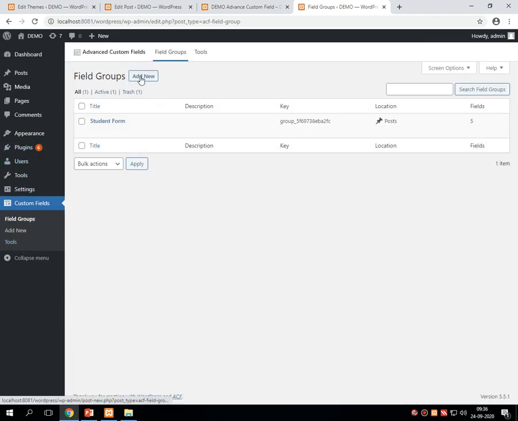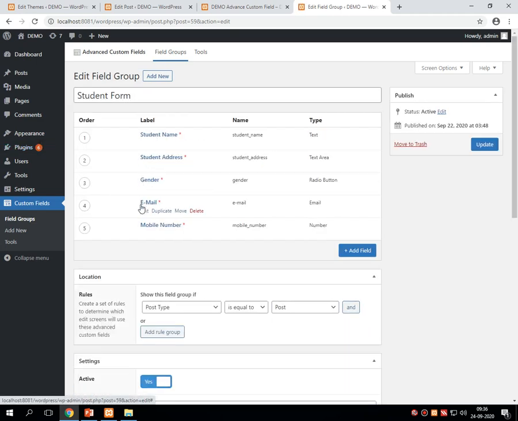I created a new field group called student form, under which I kept five options: student name, student address, gender, email and mobile number, with relevant field names like student_name, student_address. Gender is a radio button, address is a text area, name is text, email is email and mobile number is a number.